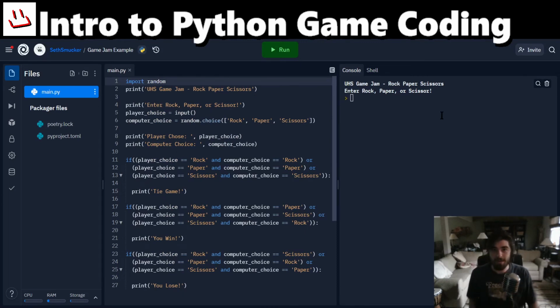So this is all going to be coding. You don't need to know a dang thing coming into this. So if you're like, I don't know what I'm doing, you're in the right spot. Hopefully by the end of this, you'll have a better idea of what programming is and how that affects game development. So, real quick, I'm going to show you what we're going to be creating